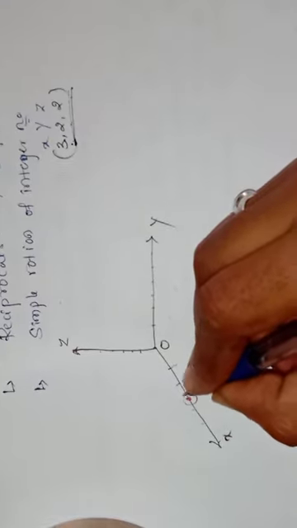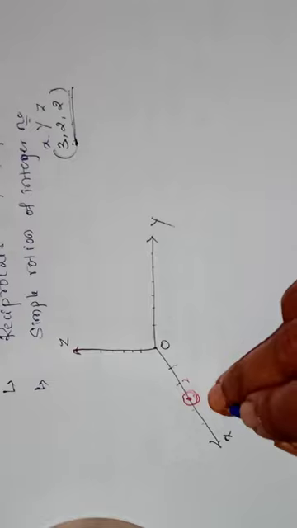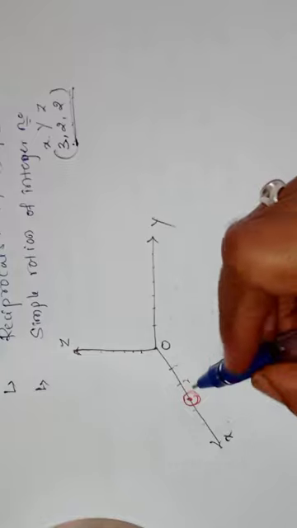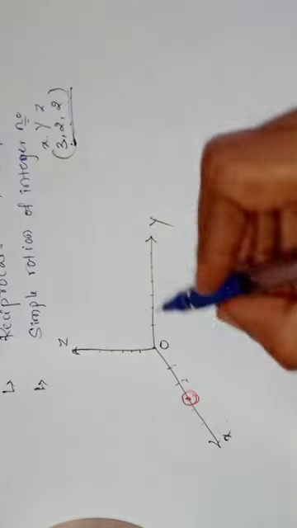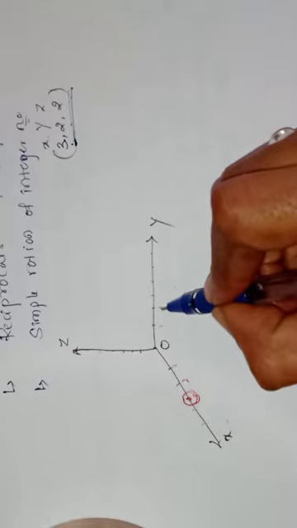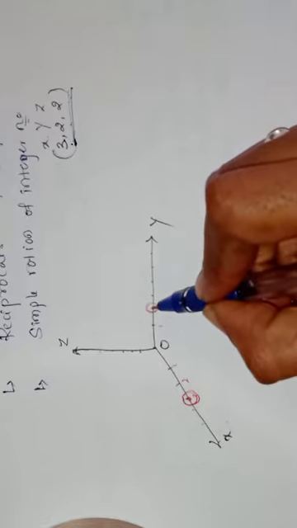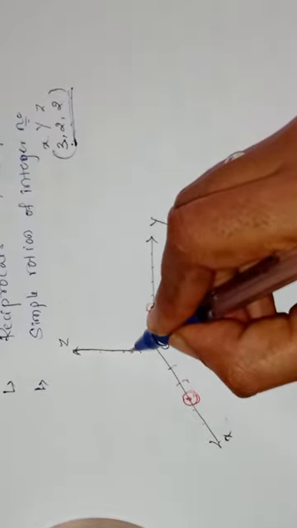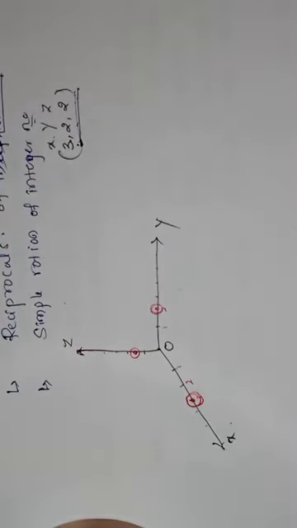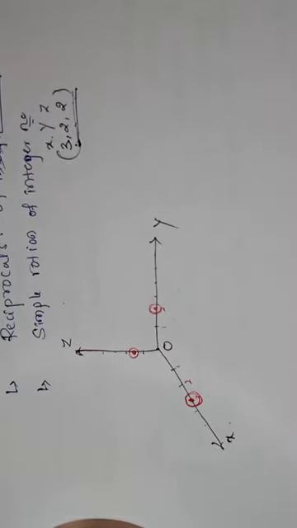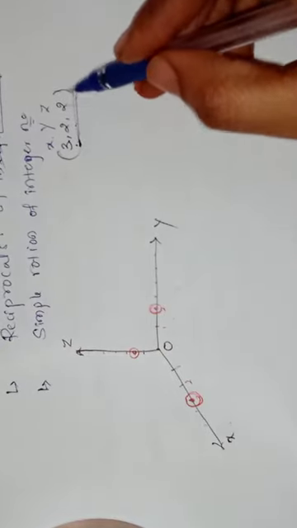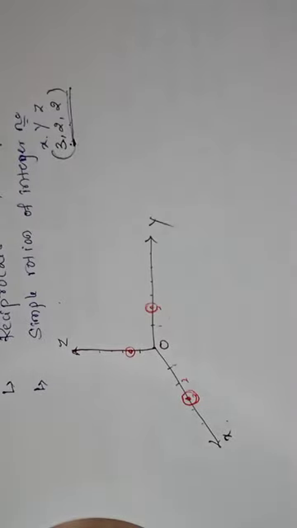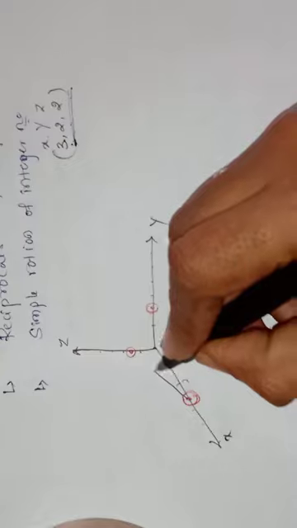Here our intercepting plane along the x-axis is here. Then along the y-axis it is 2. Where is the y-axis? Here. This is 1, this is 2. Our second intercept is here. Along the z-axis it is 2, 1 2. This is what they had given, the intercepts at the points 3 2 2 along the x-axis, y-axis and z-axis. So we have to join these intercepting points.